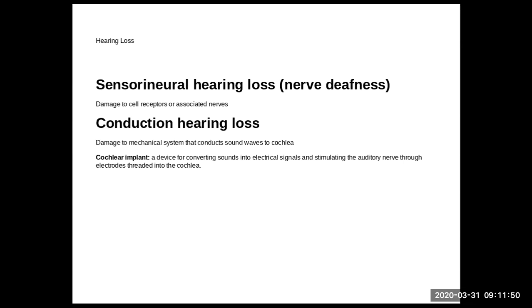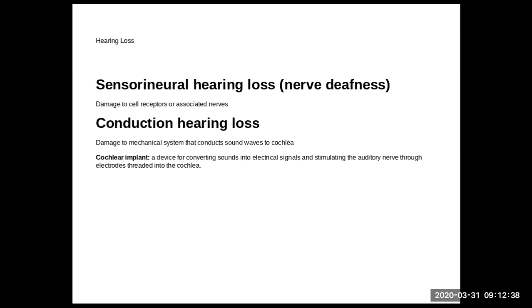The second one is conduction hearing loss. That's if anything happens to any of the structures in the outer or middle or inner ear before it gets to the hair cells. So that would be damage to what we call the mechanical system that conducts sound waves. People have blown out their eardrums or tympanic membranes. You could have damage to the three smallest bones. They're called ossicles, by the way. So the ossicles are the hammer, the anvil, and the stirrup. If there's damage to those and the waves can't get through, then we have conduction hearing loss. Or if there's something wrong with the canals before you get to the hair cells,